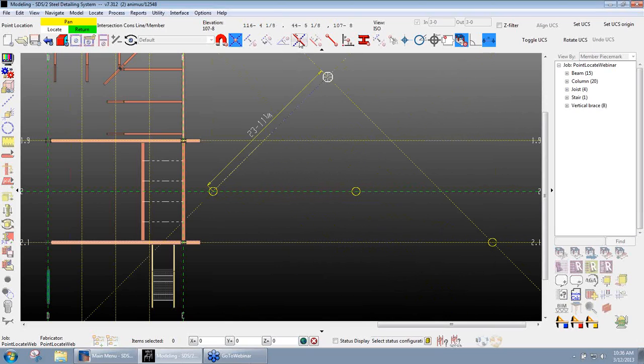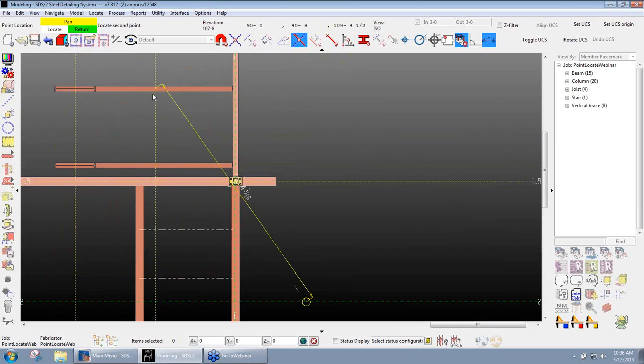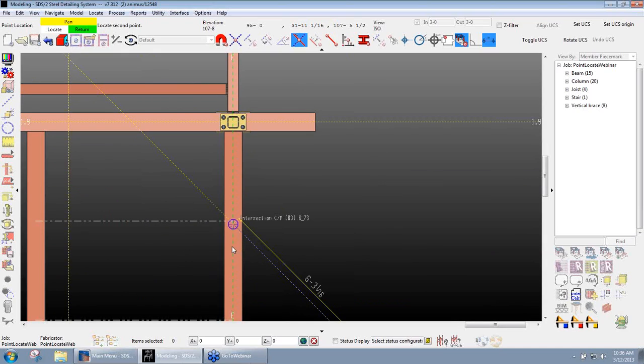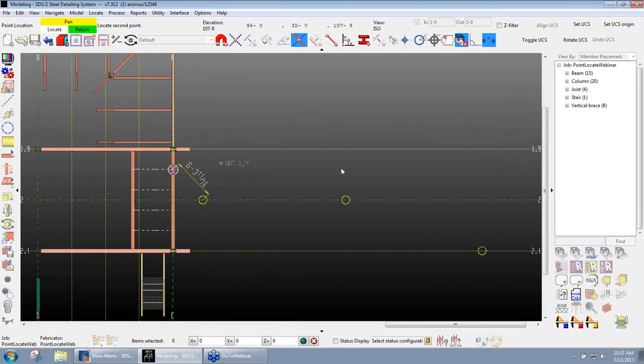I could also use that with intersection construction line and member. So if I activate that, okay, now my mouse will snap to intersection construction line and member. That does also work in conjunction with the temporary construction lines as well. Here we can see indicated intersection construction line and member. It actually gives us the member number and the piece mark that is being snapped to as well. Okay, so I'm going to go ahead and